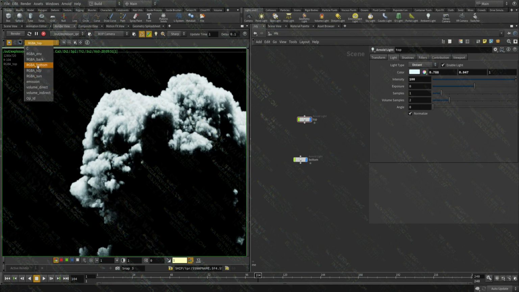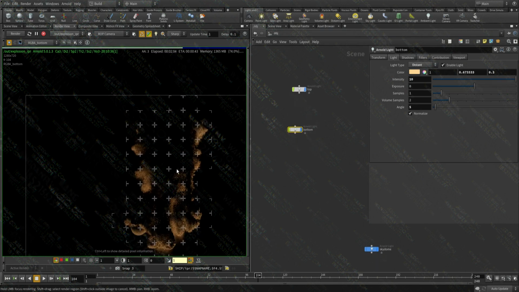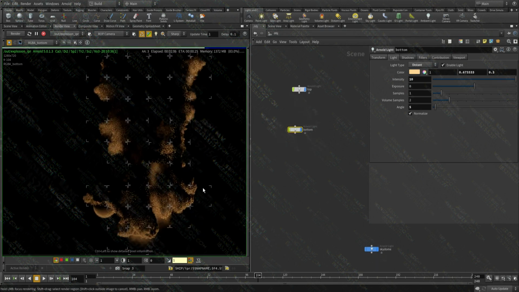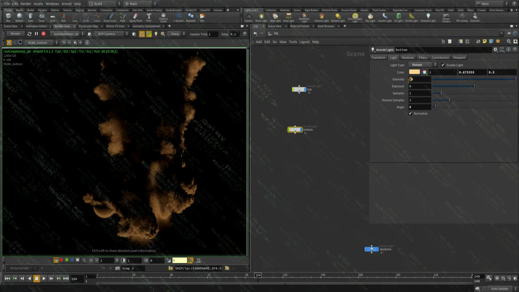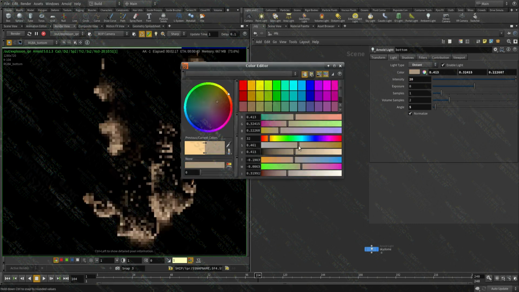Let's go to the bottom and tweak that as well. So for this light, especially if it's a big explosion, I like to use something similar to the ground color. For example, dirt or mud would be something like this.